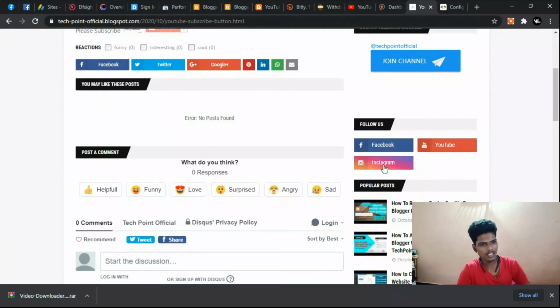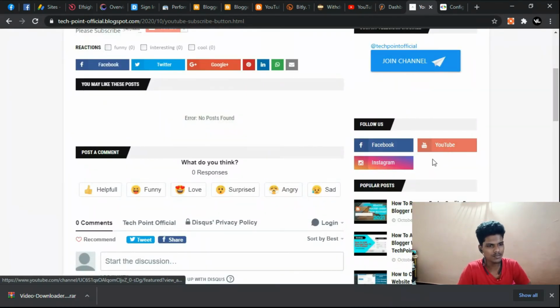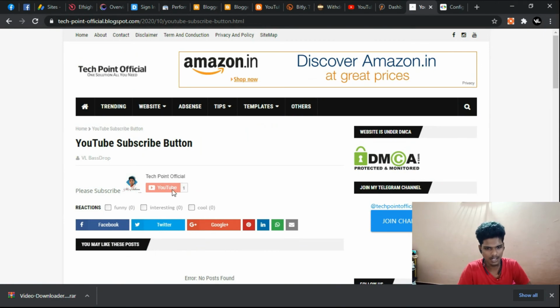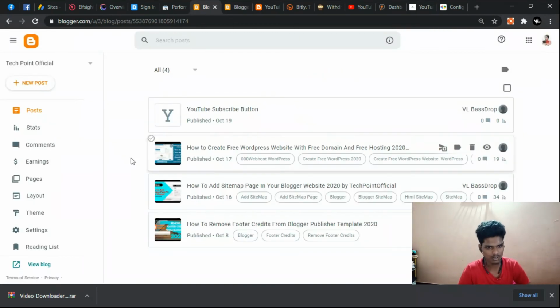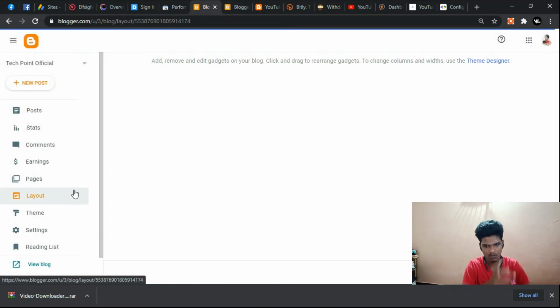If you want to add it in the layout, like I have added Facebook, Instagram, YouTube, and you want to add a button like this here, go to your layout.